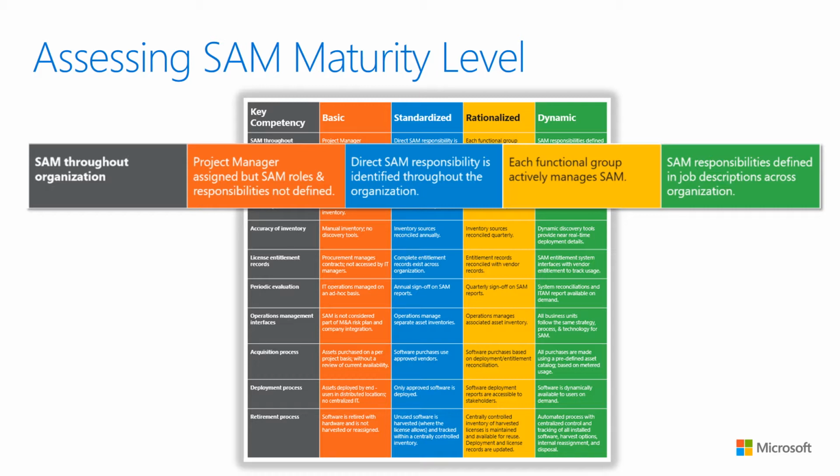Asking the key questions and using this table means that a partner can assess an organisation's SAM maturity for each of the competencies. If there is a mixture of basic and standardised levels identified, the first priority should be to take the competencies at the basic level to the standardised level. Part of the final deliverables of the SAM engagement will be how to plan to increase the SAM maturity. However, remember that although the final goal might be an end-to-end SAM programme, organisations should work on moving through one